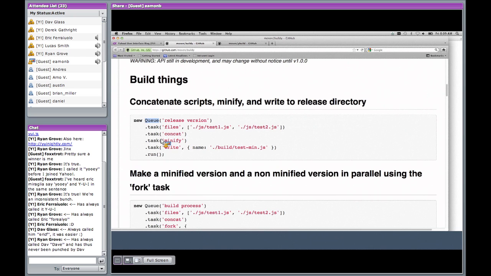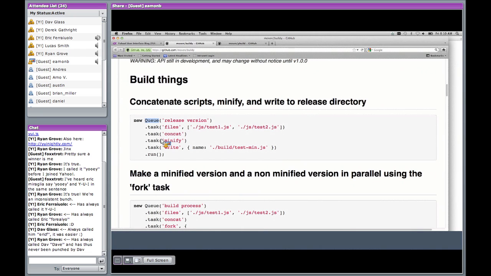So when you call that task method, it looks up the name of the task from an internal registry of tasks. You can write your own tasks to adapt other node modules you might like to include into a build process. Then those will be available by name, and they will receive the parameters of the second parameter.